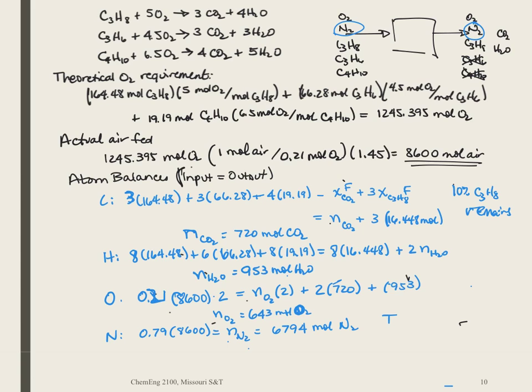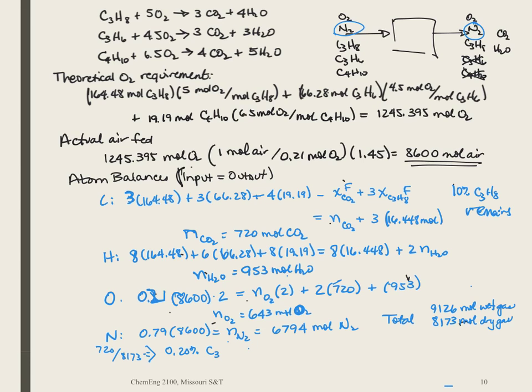All right, so in the flue gas, there's a total of 9,126 moles of wet gas. But if I ignore the water, there's 8,173 moles of dry gas. And I can then turn this into an ORSAT analysis by simply taking moles of CO2 per mole of dry gas. So 720 over 8173 means that I have